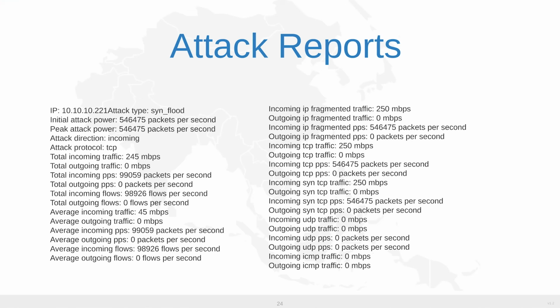Actually, in the real world, customers don't use RTBH as is, and they also don't use scrubbing diversion as is. On my previous slide, they actually use a mix of them, because, for example, when an attack is around 1G, you still can try to do filtering using your own equipment, or just use RTBH and black hole it. But if the attack is more than 10G for a specific host, then you definitely can use a scrubbing center because you have no choice. And there's a mixed approach, which is getting more popular because